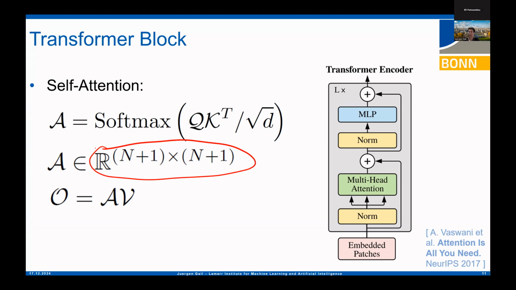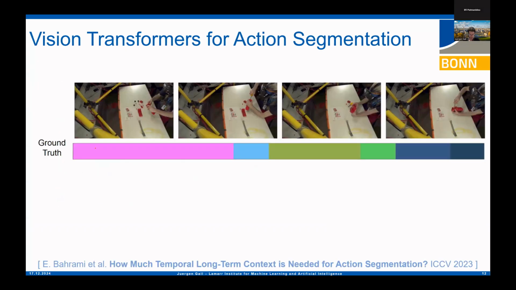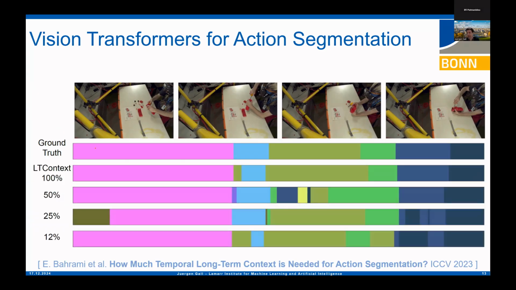Before I explain how you can still compute the entire context of the entire video sequence, we actually wanted to ask the question I mentioned before: if I have a long video, do you really need the entire context of the video to make a correct prediction, to understand what's going on in the middle of the video? This is what we analyzed. If you want to look more, the reference is at the bottom.